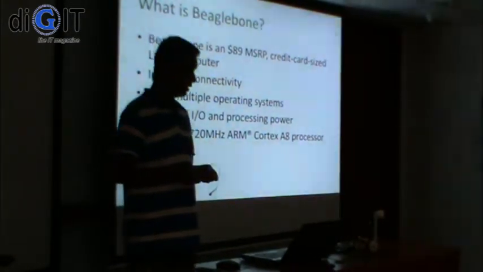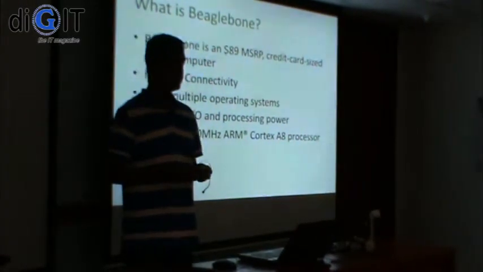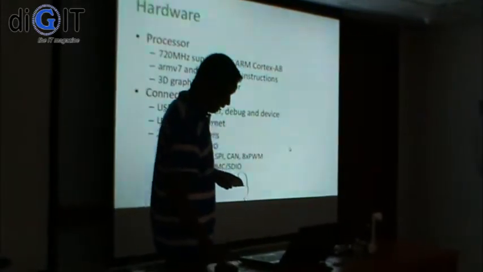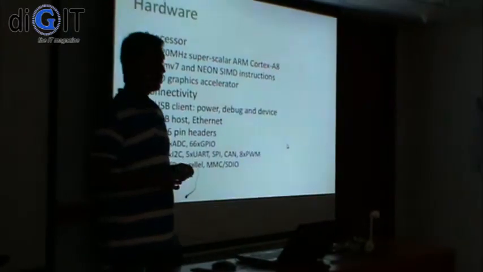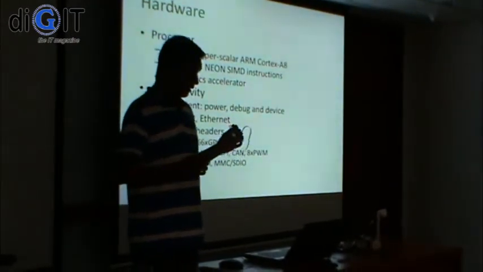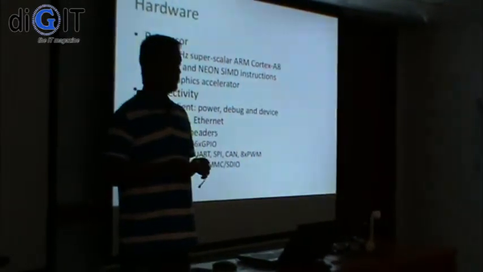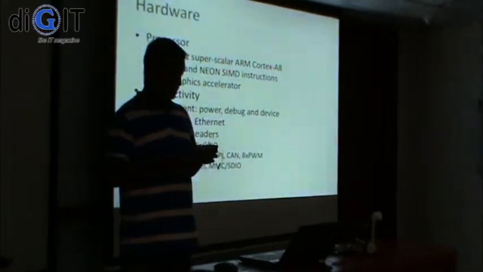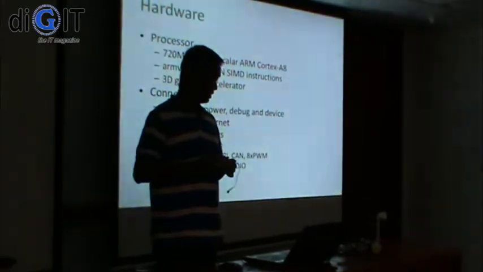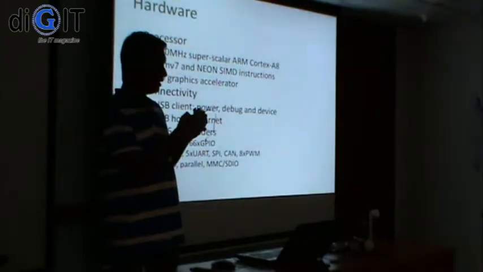The processor is AM335X, 720 MHz, ARM Cortex A8 processor. As I told you, the processor is an ARM Cortex A8 processor, and it has an inbuilt 3D graphic accelerator. When you talk about connectivity, it has two USB ports, USB client and USB host. You can power it up using the USB port, and there are 92 pin headers. As you can see here, those black pin headers are GPIO ports,